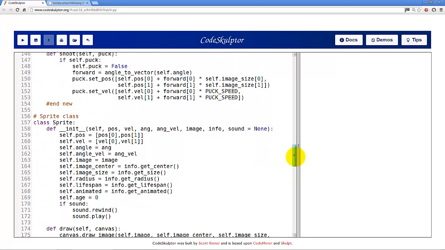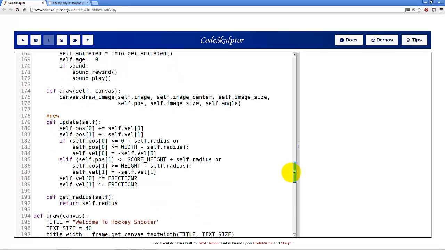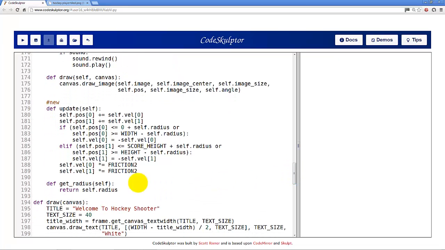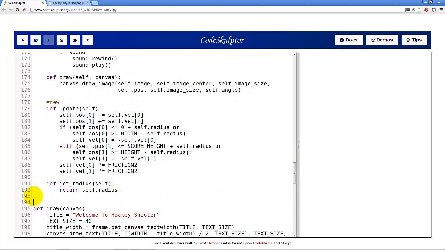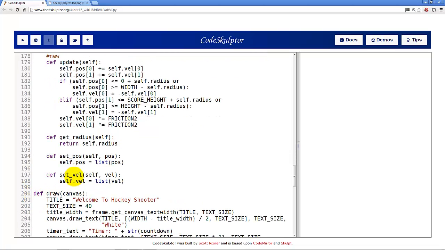One thing we did up here in our shoot method is we're using puck.setPosition and puck.setVelocity. Now right now in our sprite class here we do not have those methods, so we're also going to need to add those methods. So we have set position, set velocity,